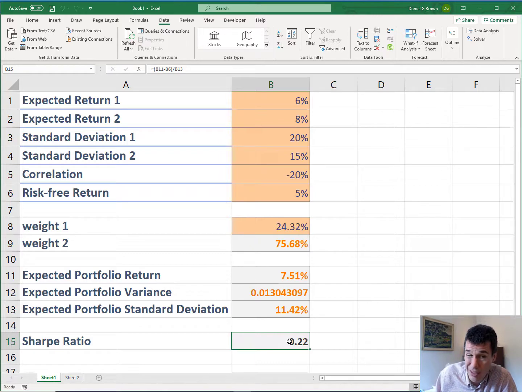So this is how we go through and maximize the Sharpe ratio. Now we are not using calculus, but we're using Excel Solver. As it turns out, you could actually use calculus for this problem. The derivative is a little more challenging. When you take the derivative, you set it equal to 0. Finding when it's 0 is a little more challenging, but you can do it. And if you're very, very careful about it, you will end up with the 24.3